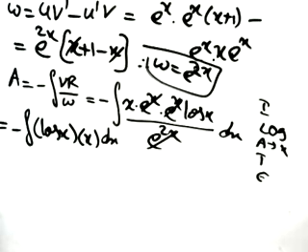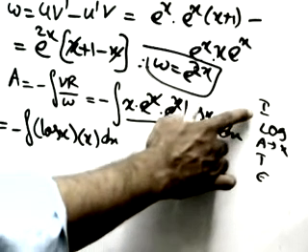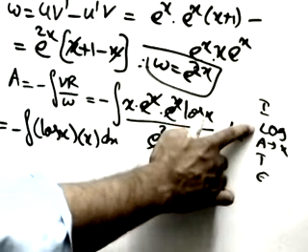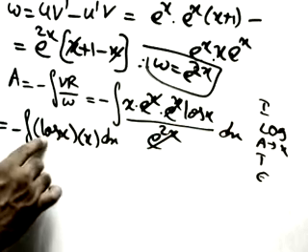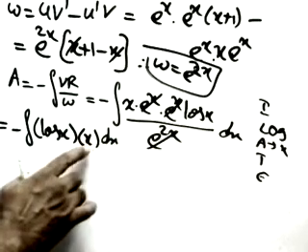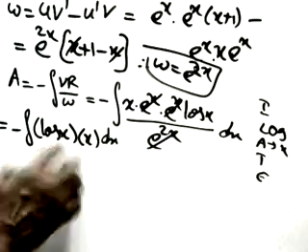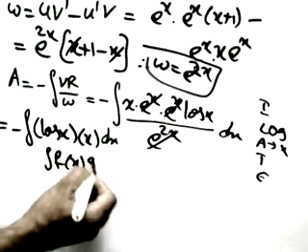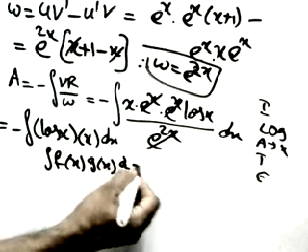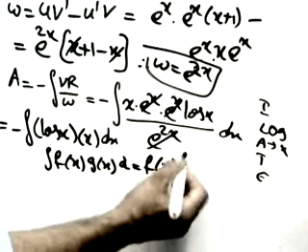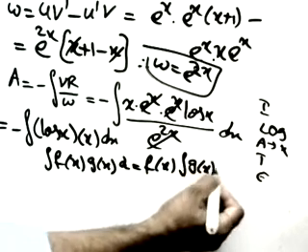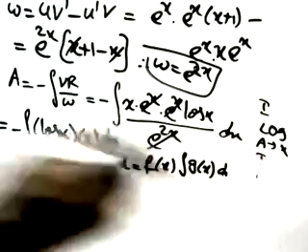For integration, we use integration by parts. For integration by parts, we use the order as ILATE. L means log, so it should be first, then x should be second. Now when we multiply these two, we have to use the integration by parts method. The integration of f of x into g of x dx equals f of x integration of g of x dx. This is the formula,